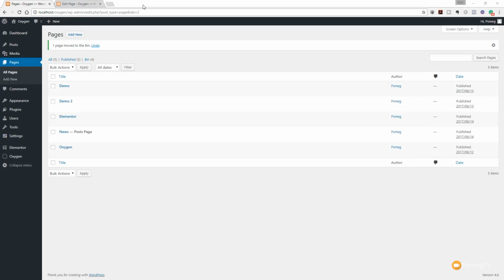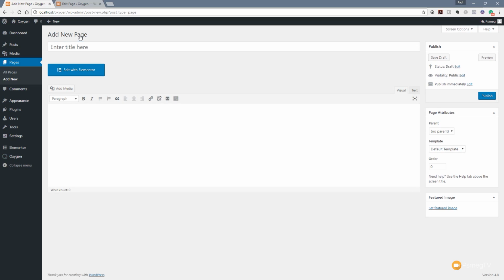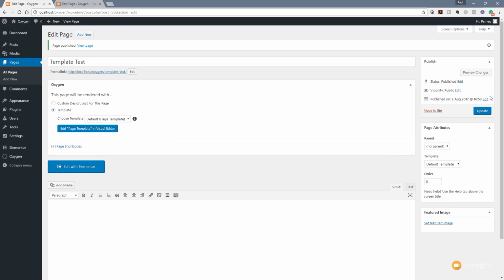Okay, so I've come up to the pages section, and the first thing we need to do is create a new page. We're just going to give this a name, so we're going to call this template test. As you can see, we've got the edit with Elementor option. We click on publish, and that'll come up now and show us the Oxygen